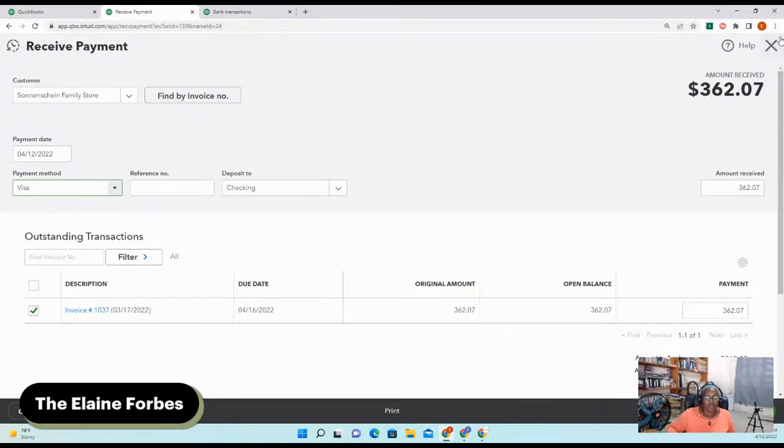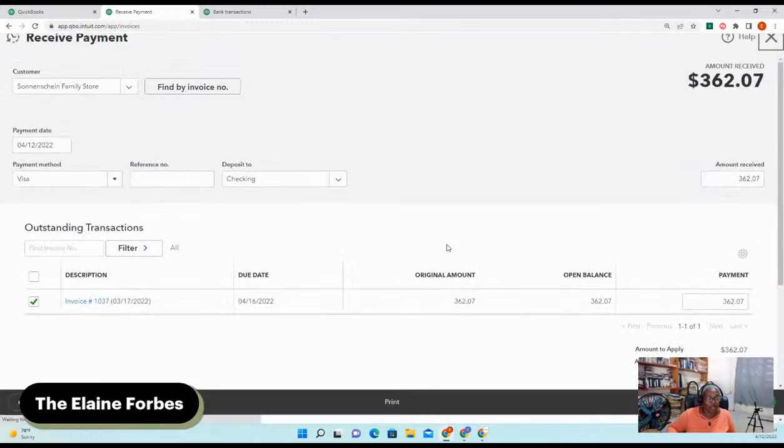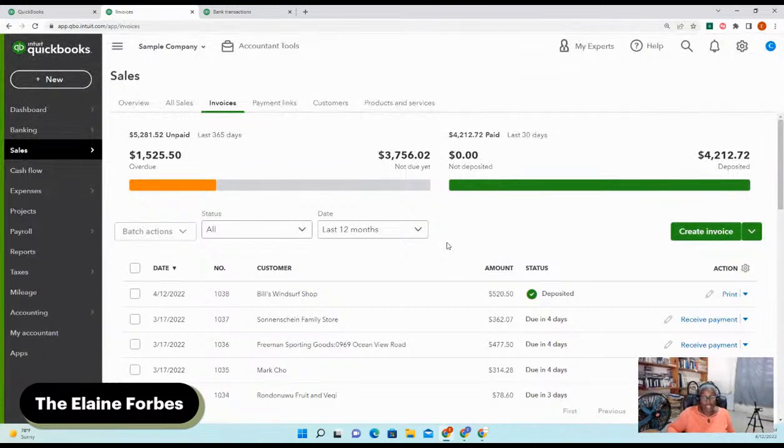All right. So we're going to close this one, because that's one way of sending your customer an invoice. The next thing is the